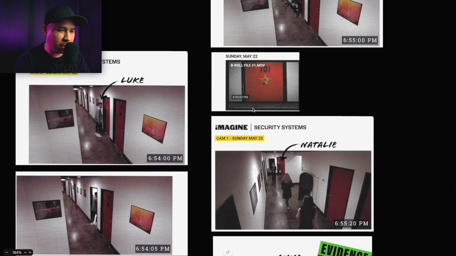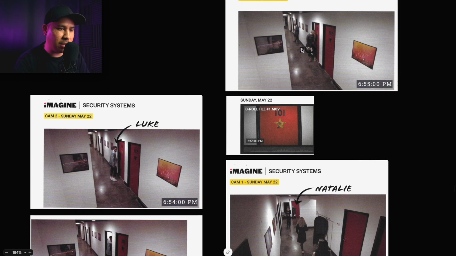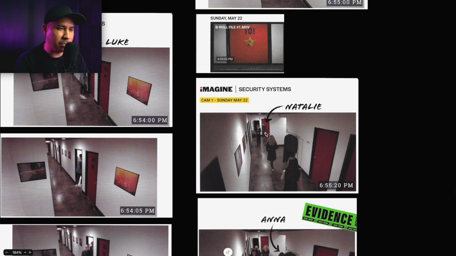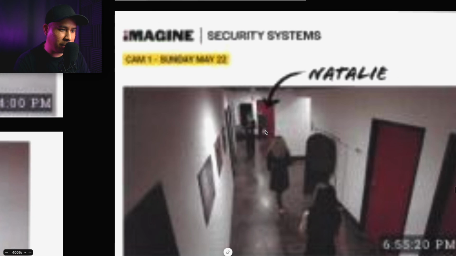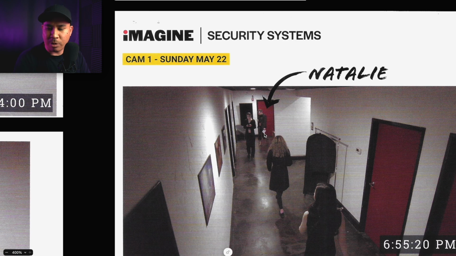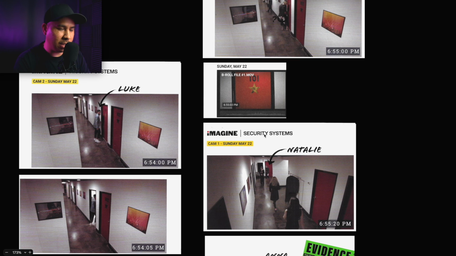Because 17 seconds later, she's already down this hall, which you have to kind of do a loop around here. Like you have to walk here, down this hall, and go down here, and then take a left to go here. And she has the envelope in her hand though. Okay, so she didn't give it to her. So that means she didn't go inside. Okay, I don't know what any of this means.